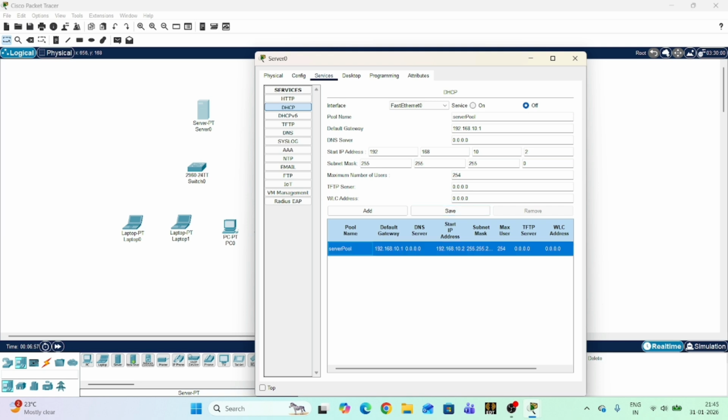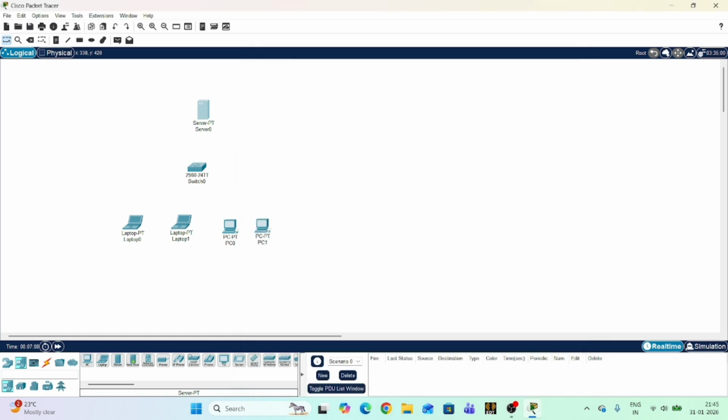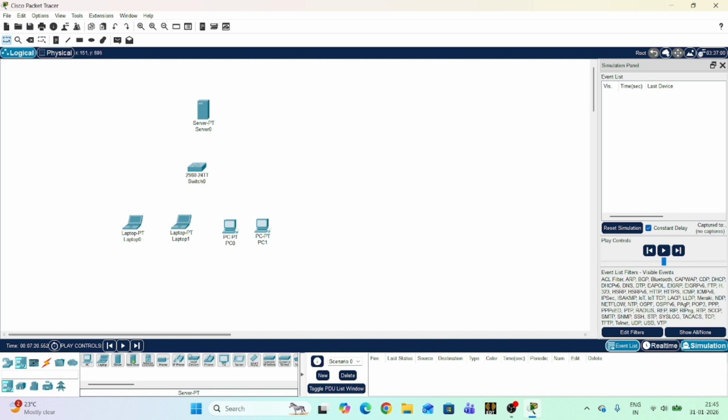Now in order for this DHCP server to be turned on, I need to turn on this service. Now the DHCP is turned on. Now let us do one thing. Let me first keep it in simulation mode and now make the connection. To do that, go to connection, go to automatic type, connect this,